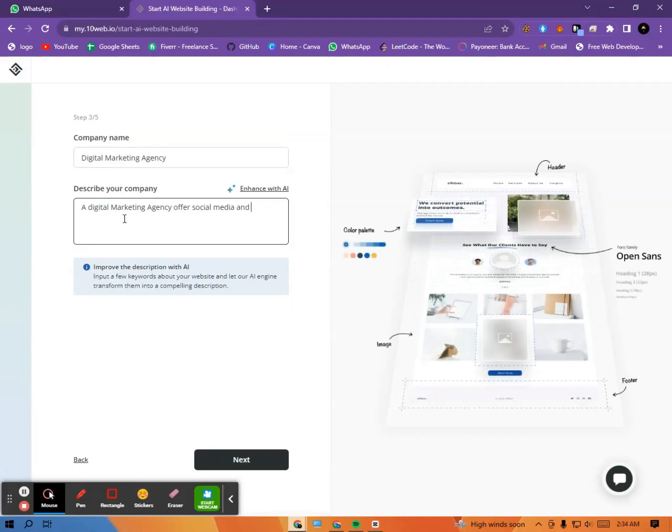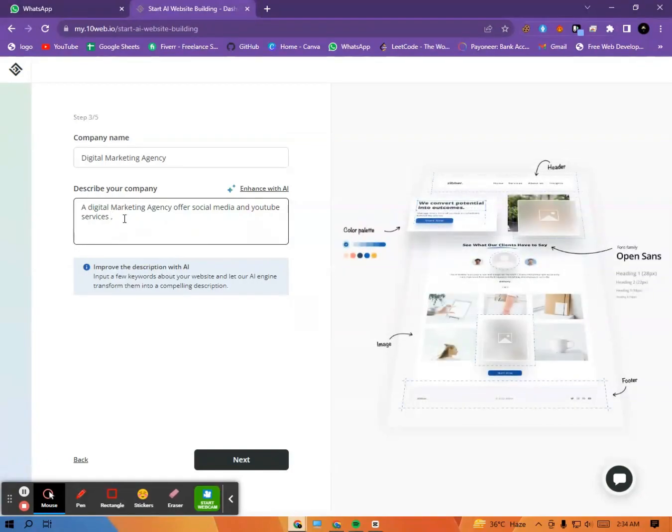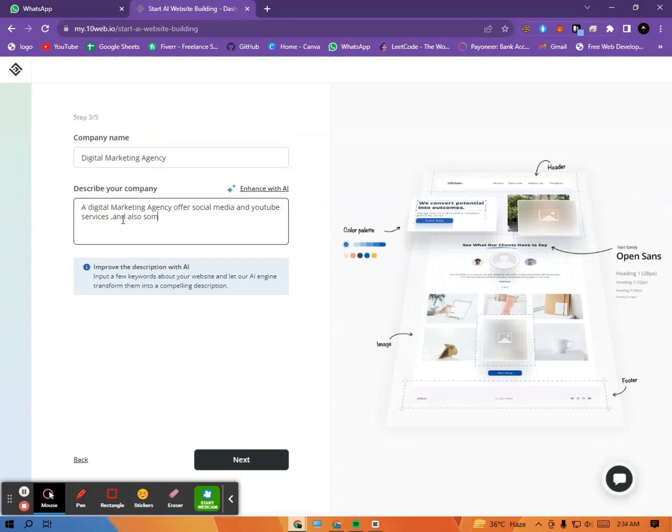Social media and YouTube services, and next is social media and YouTube services, and also some Google